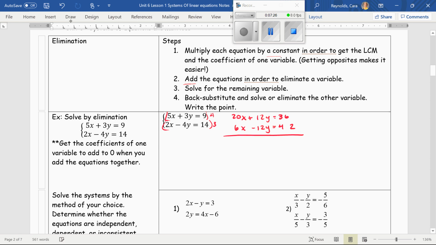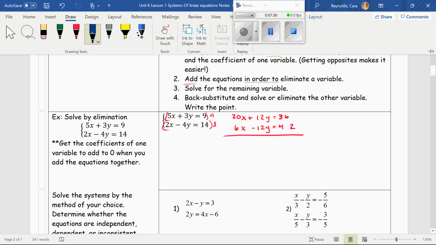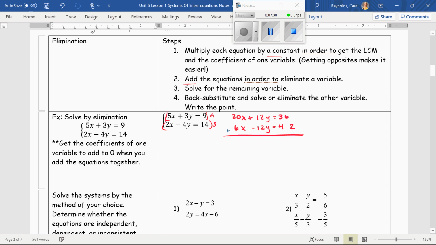And so I add those equations down. 20 plus 6 is 26x. These will add to 0, which is what I wanted. And then these add to 78. So I'm just going to divide here by 26. And x equals 3. So once I know that x equals 3, I can plug it into any of my equations to